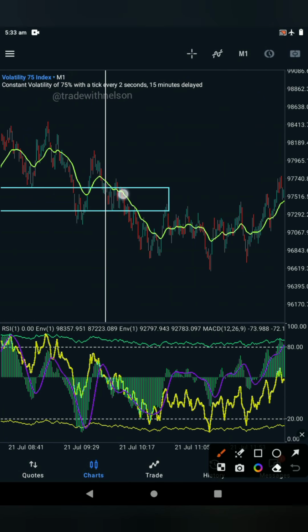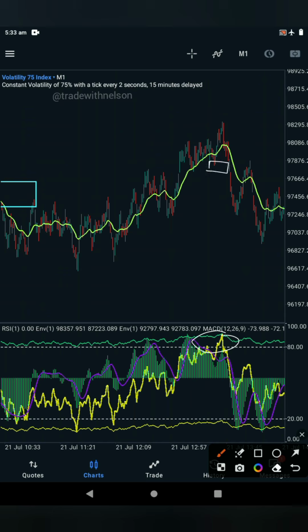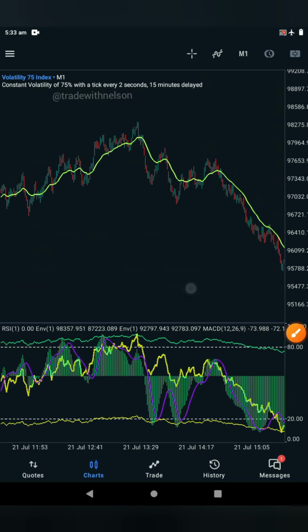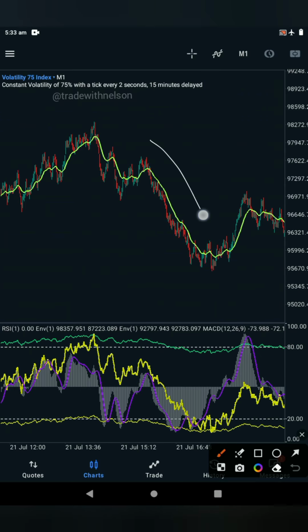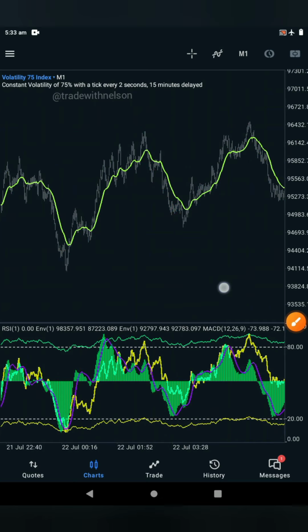So you can see at this point, market rallies, we did not have it enter into the green level. So over here we have a dip around this point, break of market structure, enter your sell, stop loss above here, then you hold your trade to target the recent lows. You can see our market falls to the downside for some time, and it continues to fall before it reverses